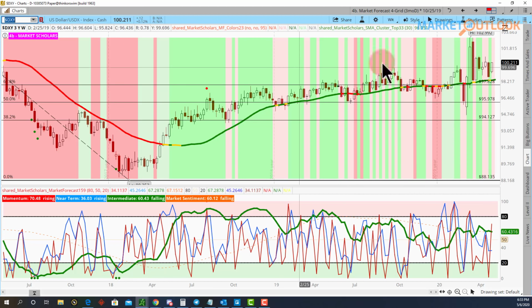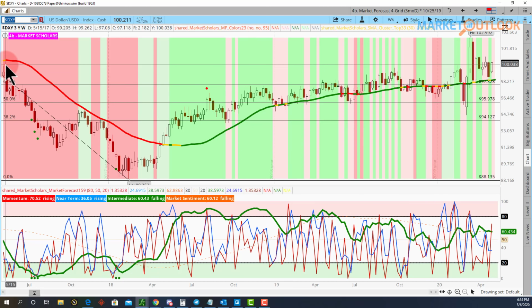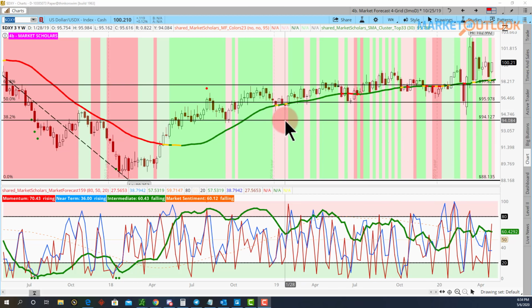So we don't want to see this scenario of dark green shading and green line. We'd prefer, if we're going to be bullish, and not just bullish for a few weeks, but bullish for multiple months, potentially a year or two, we want to see dark pink shading and a red line on this particular chart. We've seen that story play out too, where the dollar was bullish, and